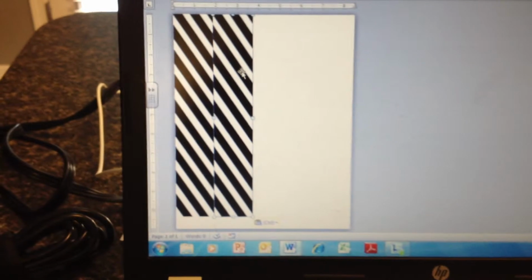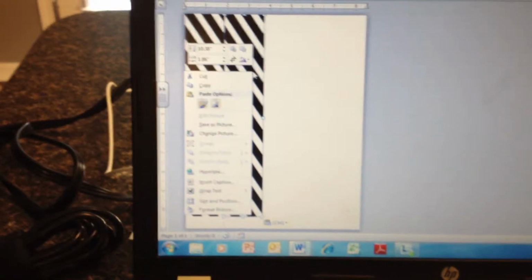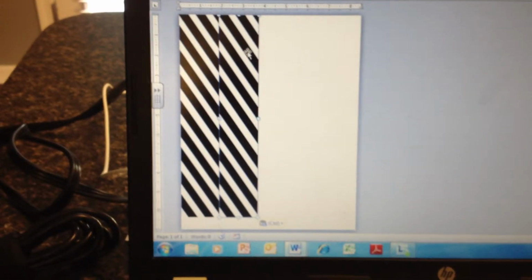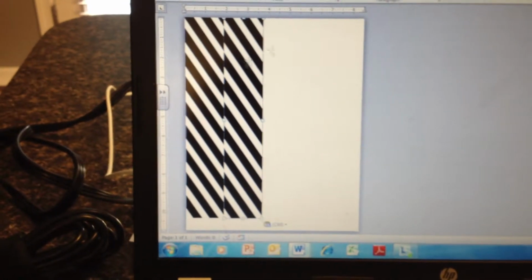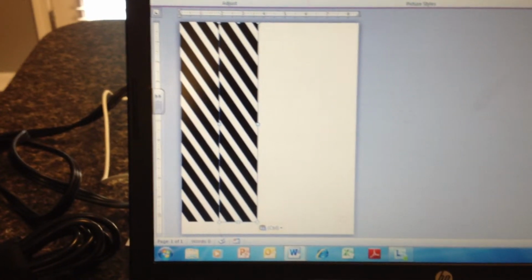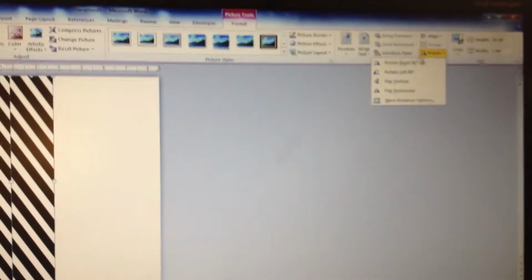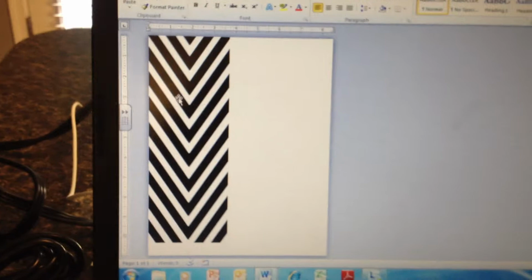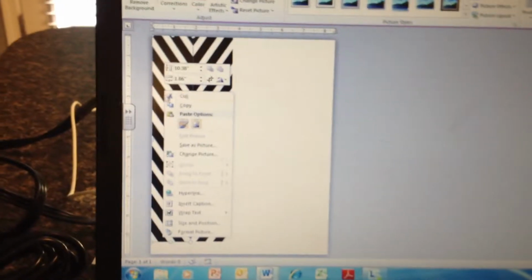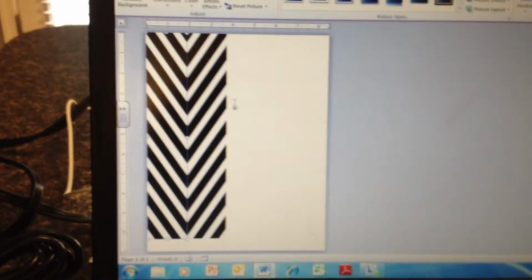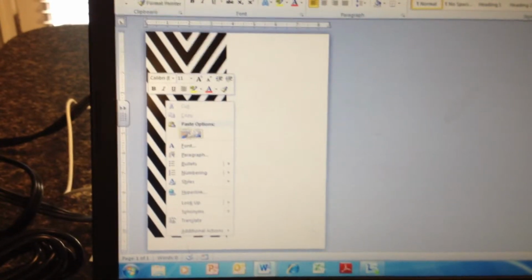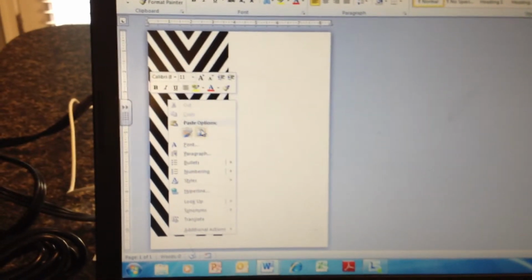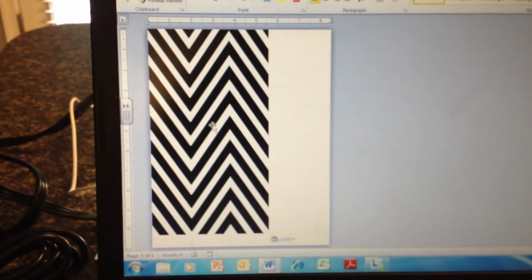Now this is where the chevron comes in. You want to select that one, and you can either right click and do it, or you can just double click and it'll give you everything at the top here. But you want to go to Rotate, and you're going to flip it horizontal. So flipping it horizontal will give you that chevron pattern. Now all we're going to do to repeat it is copy the first one, paste, copy the second one,